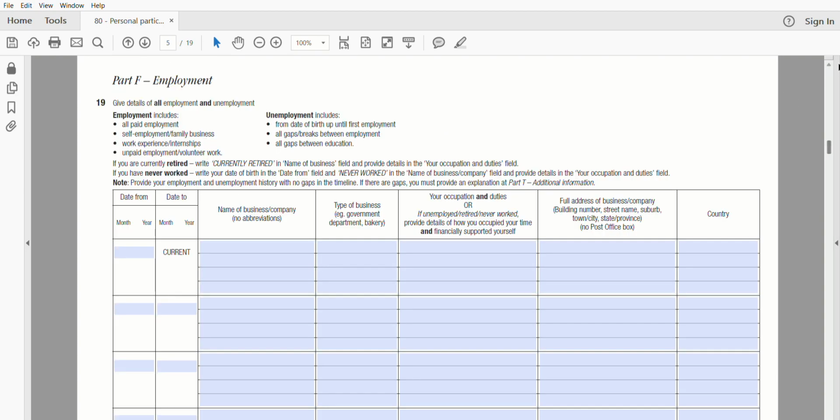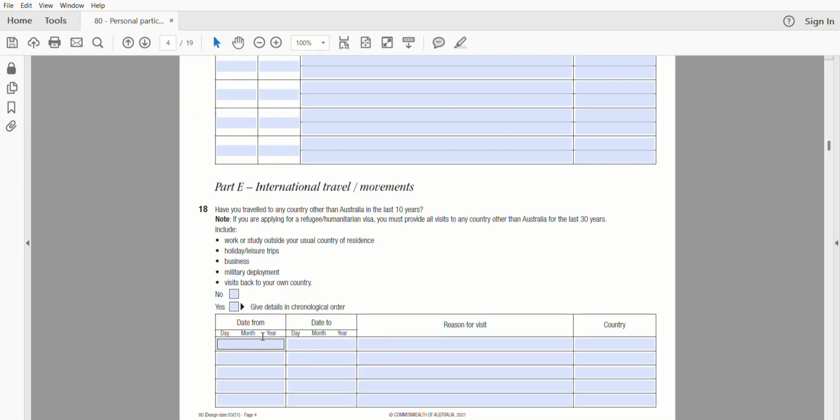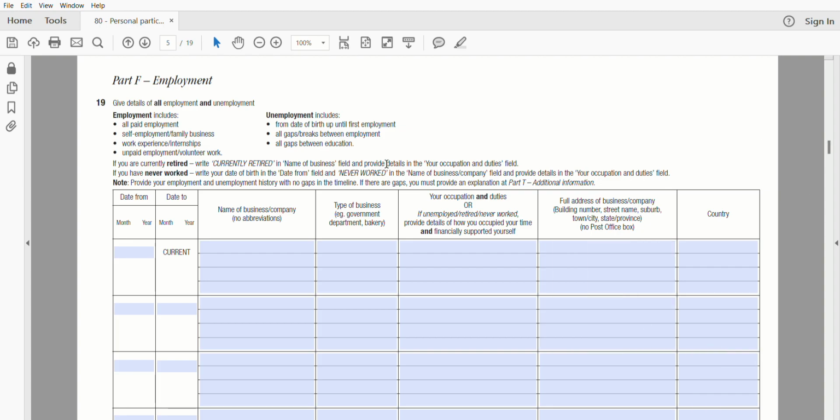You need to mention the day, month, year, the duration from which date to which date, and then the reason for the travel. It can be holiday, it can be to visit your family, or it can be business or anything official. Any travel history needs to be included here. And the country, you need to mention where you were traveling to. So you mention the country here as well.